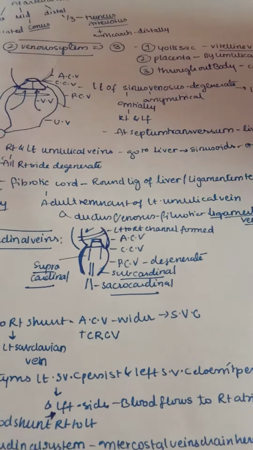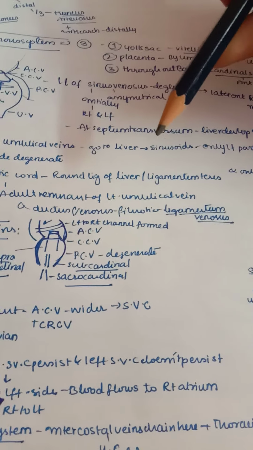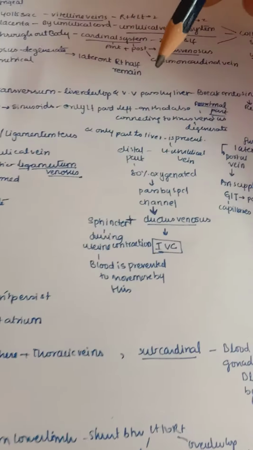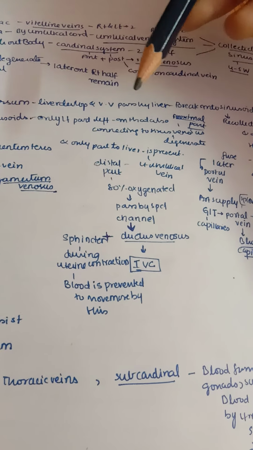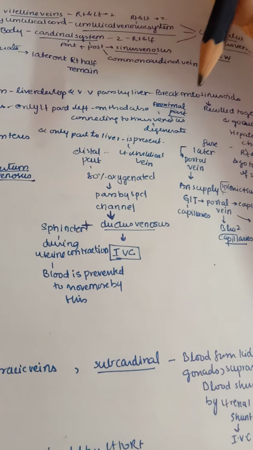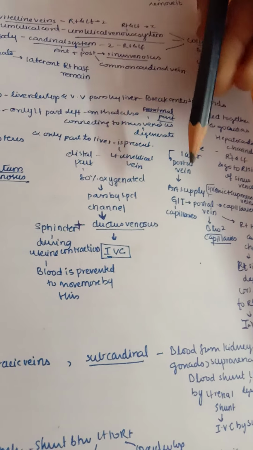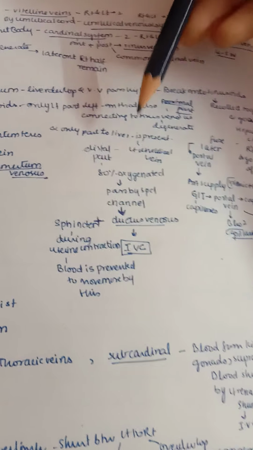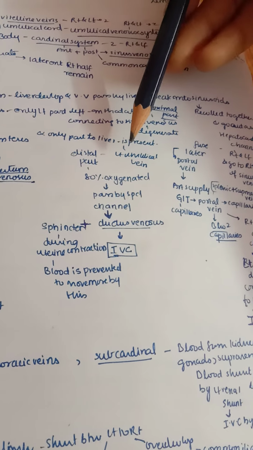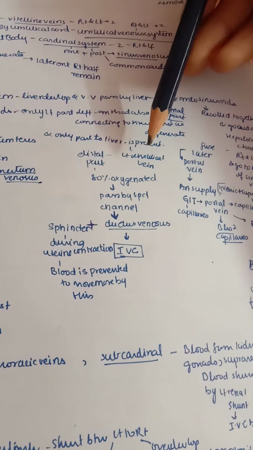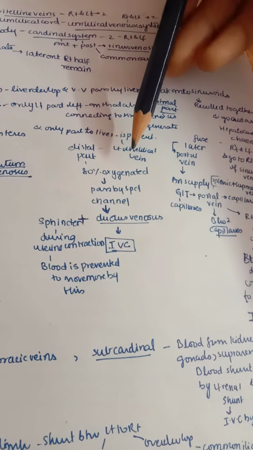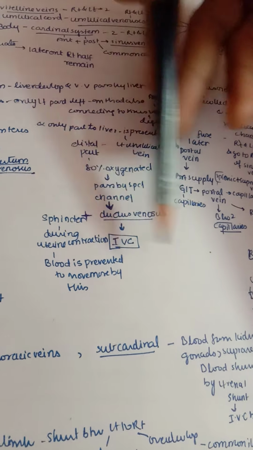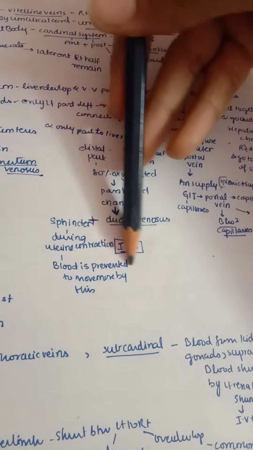So even these right and left umbilical veins are also going to the liver, breaking down into sinusoids, and only the left part is connecting to the sinus venosus, and in that also it is getting degenerated, and only the part of the liver is present, that is, only the left umbilical vein is present. The distal part, 80% of this, is oxygenated and passed by the special channel called the ductus venosus and reaches the inferior vena cava.